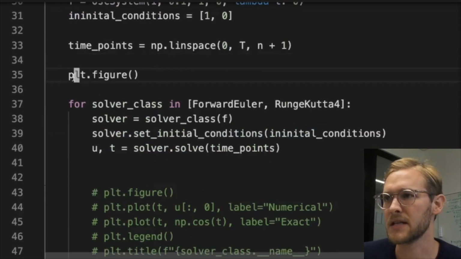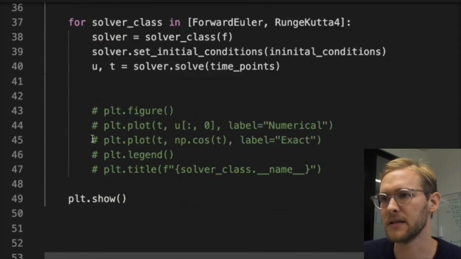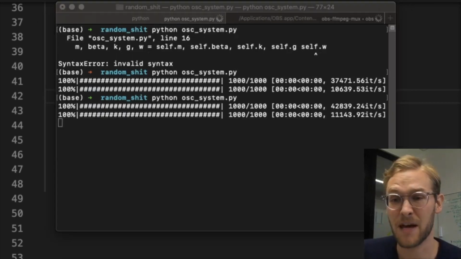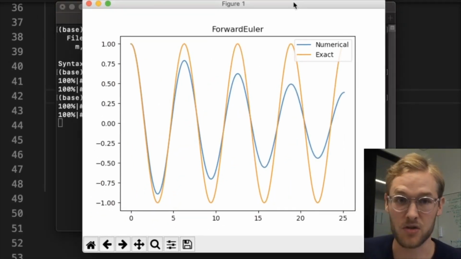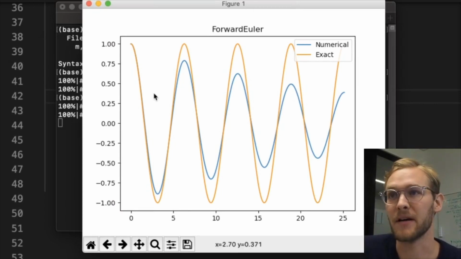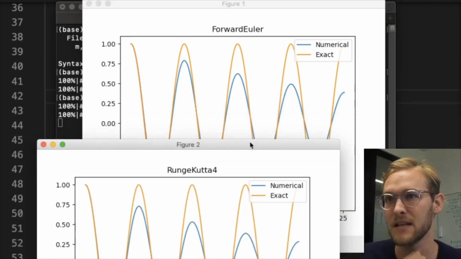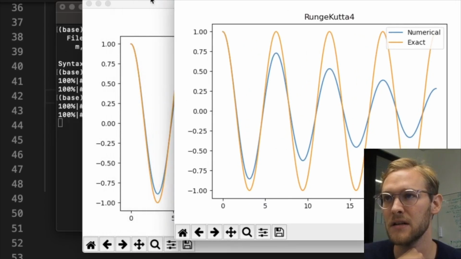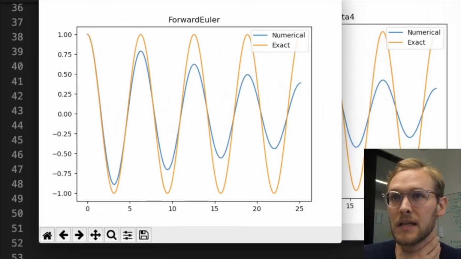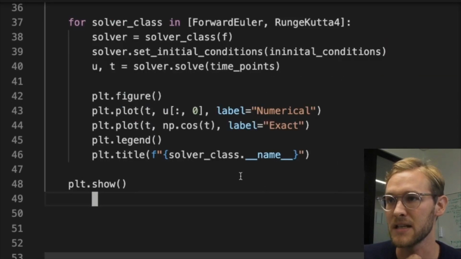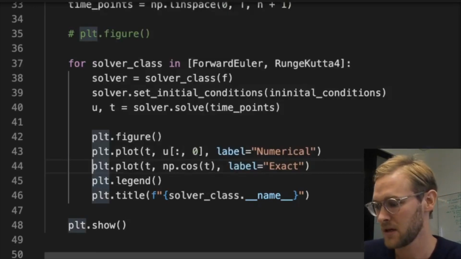And then it will actually make sense to just keep what we had already. So, let's go. Because we have damping now, the exact solution won't be the exact solution, because this will be without damping. So here we see that forward Euler, the amplitude of the oscillation decreases as we would expect. And here is the Runge-Kutta one. These are not entirely equal, I think, but now I think it would make sense, because we don't really have an exact solution anymore, to not plot this